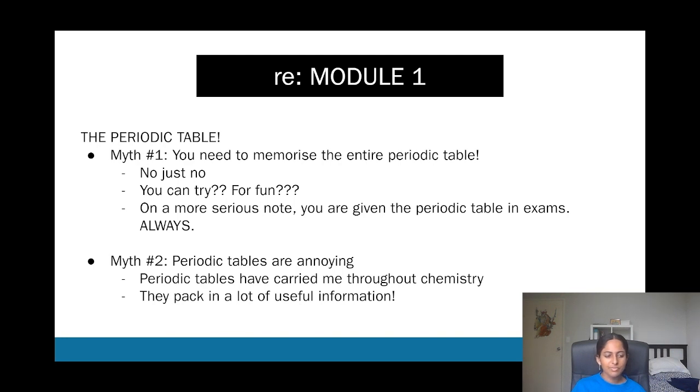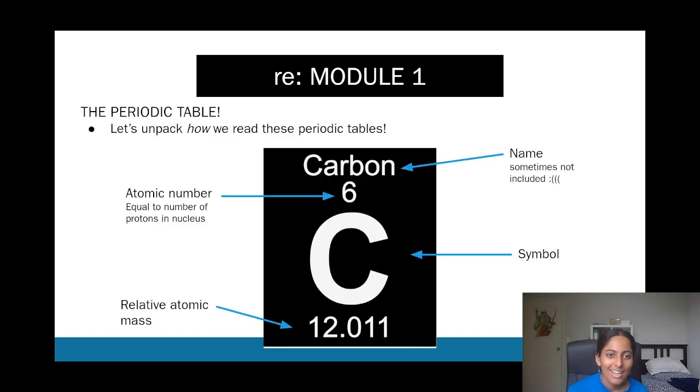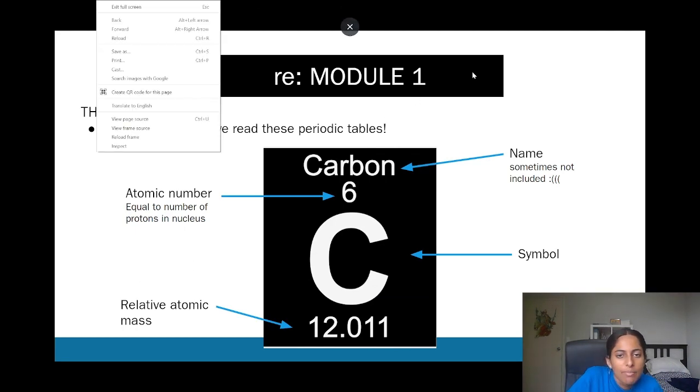In terms of using the periodic table, it may look confusing, complex, and even annoying, but it's actually really, really useful. And you pretty much need it to do the calculations anyways. So yeah, it's really important. If we just break down how we read periodic tables,